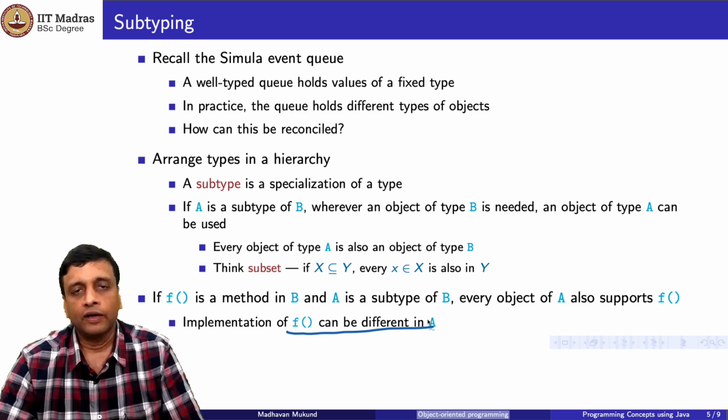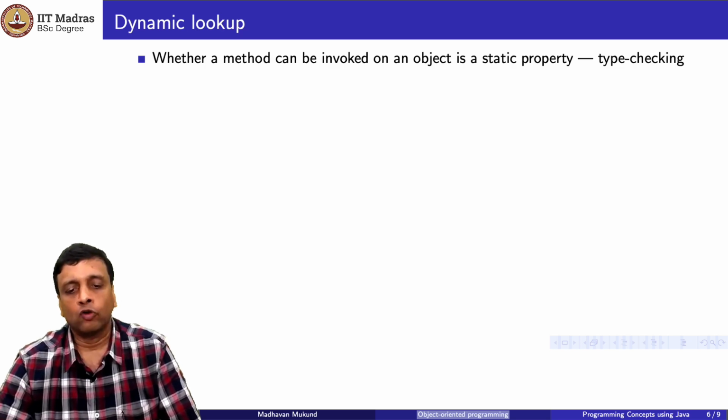So you have a higher level event which has a simulate function, and every concrete event which sits inside the queue is a subtype of this event. All these event types also have a simulate function, but each of them has a simulate function which is specific to itself. So when I call an event from the queue and I ask it to simulate itself, it will call its own implementation of simulate. The call will be legal because of the type, and the action will depend on what type of event it is. This aspect is what is called dynamic lookup.